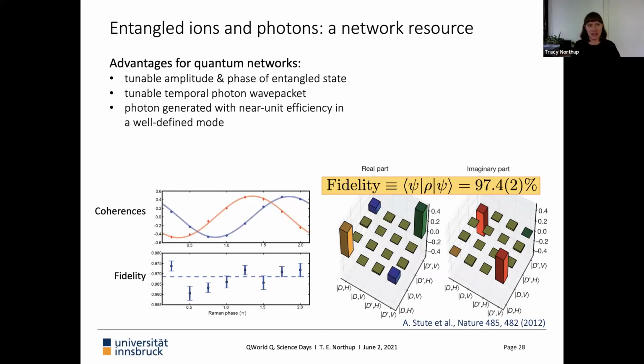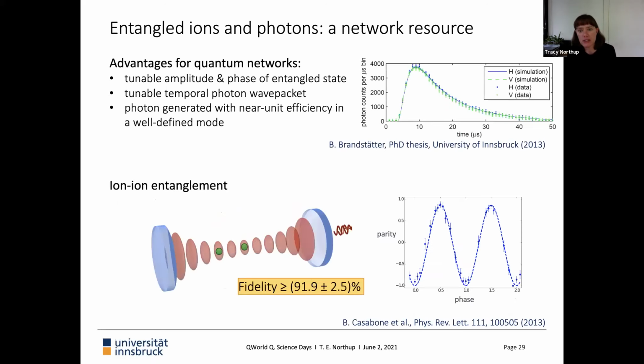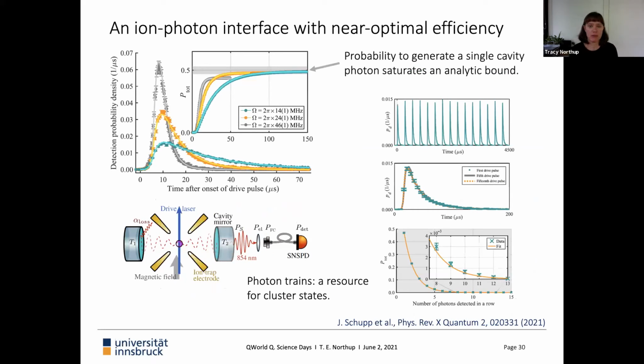We want to understand these quantum systems coupled to the environment, and also, of course, it has a role for quantum technology. So I would describe our investigation in terms of this comparison of experiment and theory. For example, here, when we look at the temporal wave packets of the photons, this is a master equation integration that describes the interaction of the ion and the photon, including the dissipation channels. Previously we did it with MATLAB. These days we do it with QuTiP and Python.